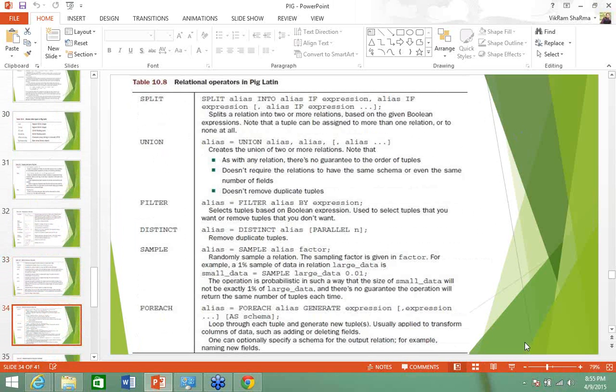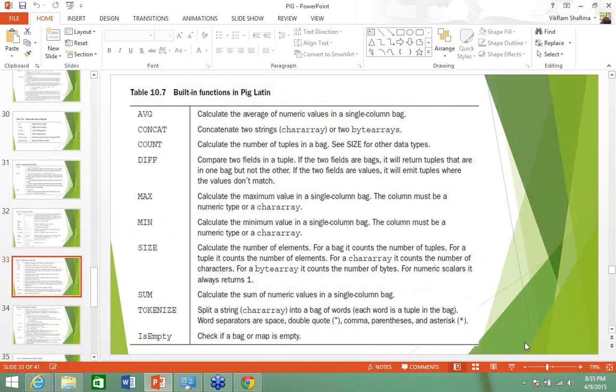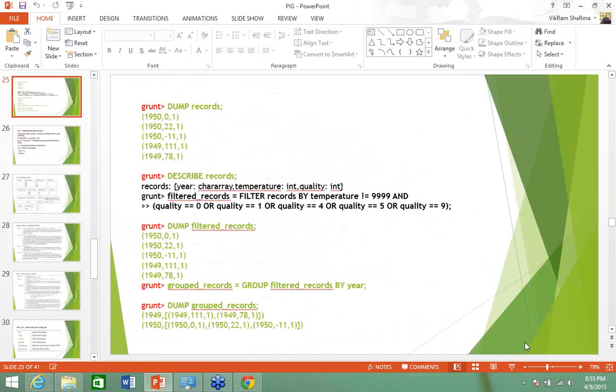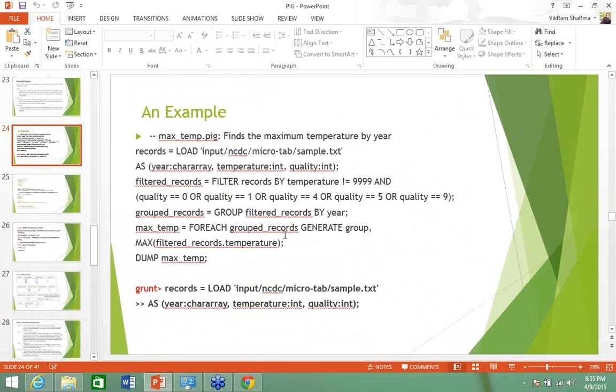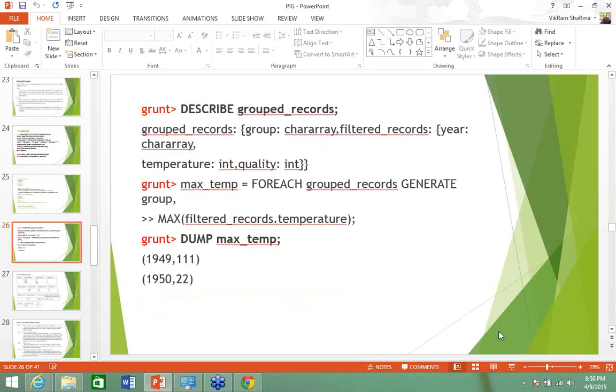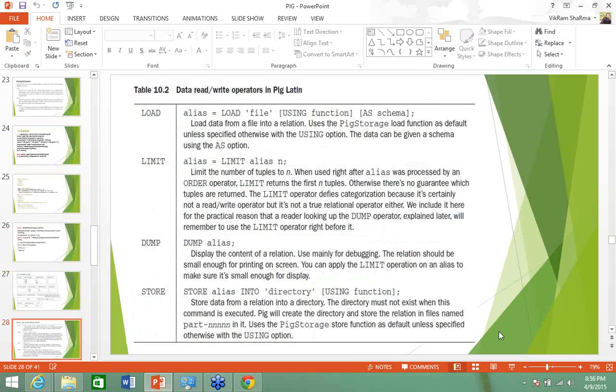In yesterday's example we have seen one example. What was that example? We are loading something. See here on the screen you may be able to see the example we saw in the last class. Here records equals load, and we are loading this file. Where are we loading? We are loading into a storage area named records. This records is one of the bags, where we are simply storing the data.